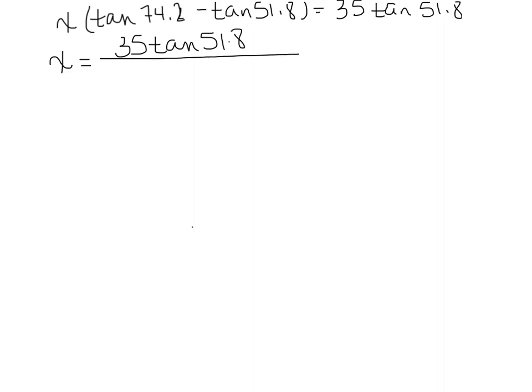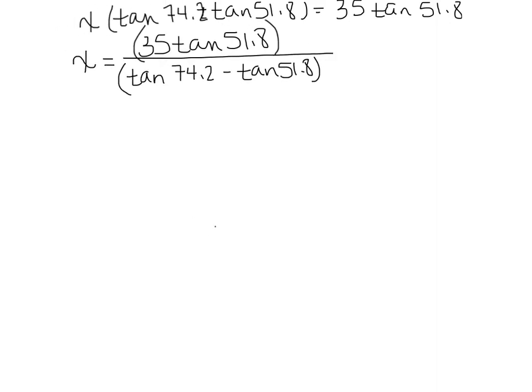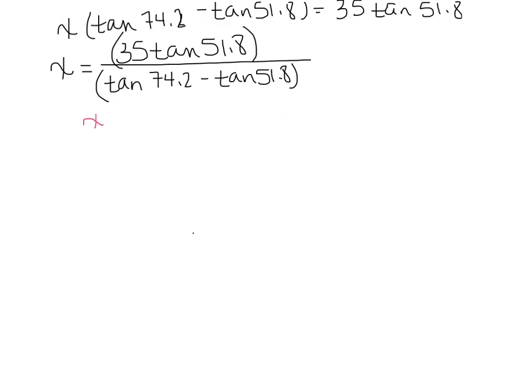My denominator, and when you put this into your calculator, make sure you use parentheses, is tangent of 74.2 minus tangent of 51.8. This whole thing will go directly into my calculator. I will most likely put parentheses around the numerator as well so that my calculator doesn't mess up order of operations. And I calculate that X is equal to